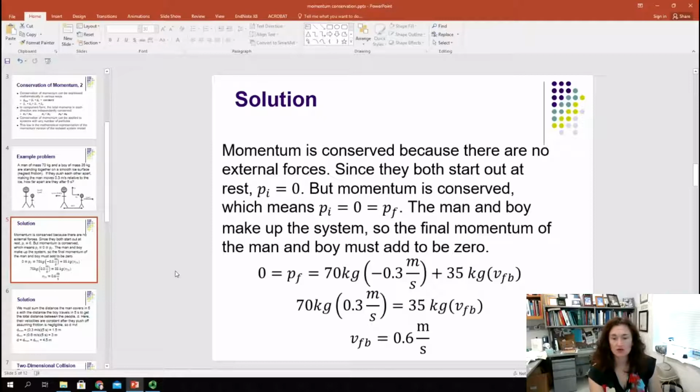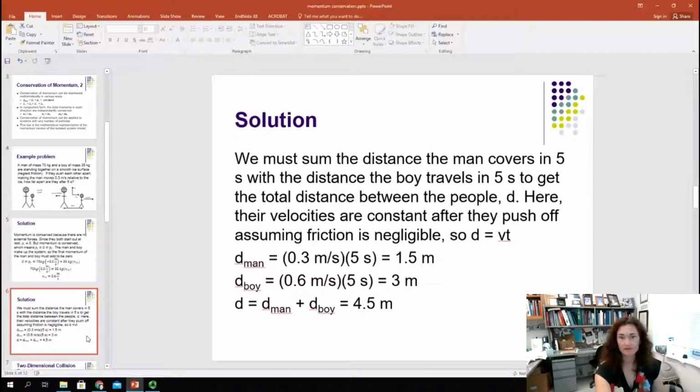Okay? So we know now what v final of the boy is. We know what v final of the man is. So we will just use our kinematics equations to solve for the distance in between the man and the boy after 5 seconds. So we have to sum the distance that the man covers in 5 seconds with the distance that the boy travels in 5 seconds. And then that will give us the total distance between the people, d. Okay? Their velocities are constant after they push off, assuming friction is negligible, which we assumed in step number 1,